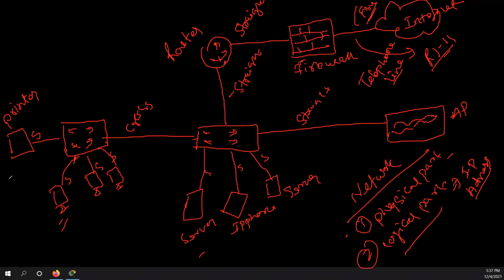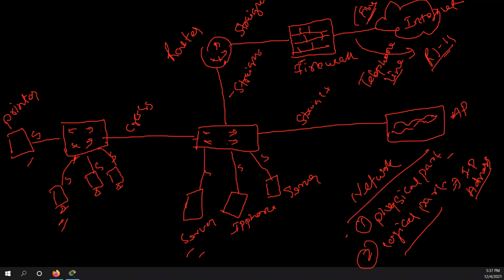So you can see for the printer you would have an IP address, for the system you would have an IP address, for the server you would have an IP address. If the switch is working on layer 3, then on the switch you would have an IP address. If the switch is working on layer 2, then there won't be any IP address on the switch. So now further we are talking about the IP address. What is an IP address and how does it work? An IP address is nothing but a logical address, and this needs to be assigned on each computer.